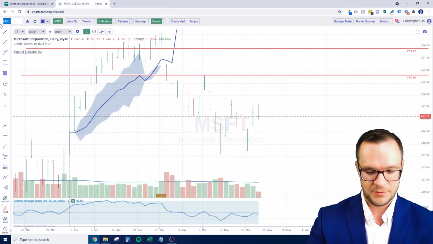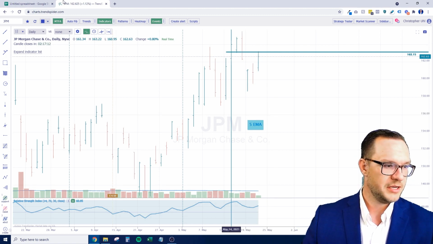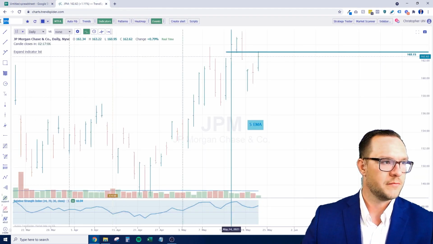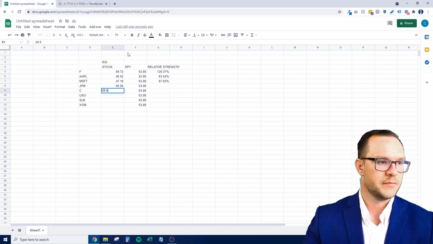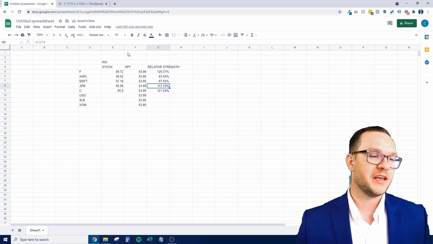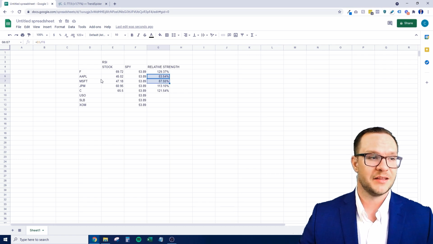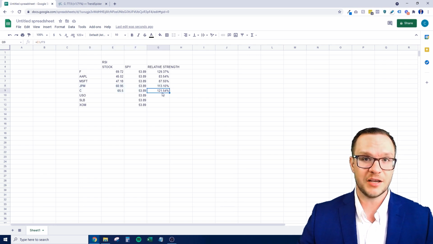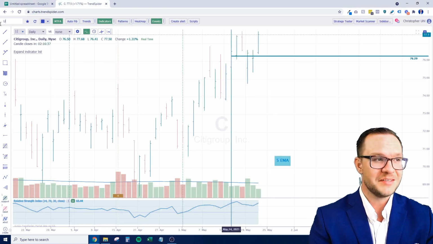So let's do JPM and Citibank. 60.95 and Citibank is at 65.50. So same here. These are outperforming the S&P 500, which means they're a better relative strength candidate than the tech sector. But not only that, between JP Morgan and Citibank, Citibank has a higher strength than JP Morgan. Are you getting it here? It's actually really simple. USO,